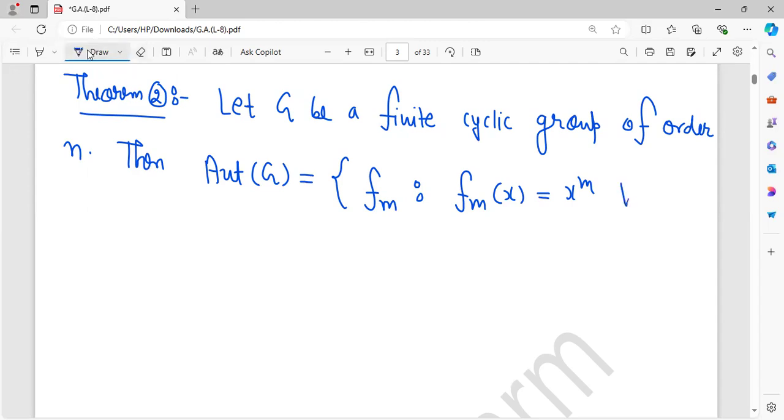For all x belongs to G, m is greater than or equal to 1 and still less than n, and